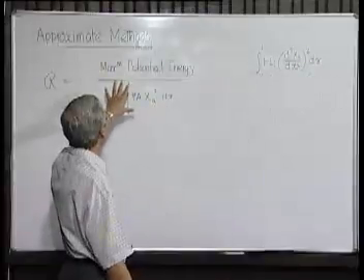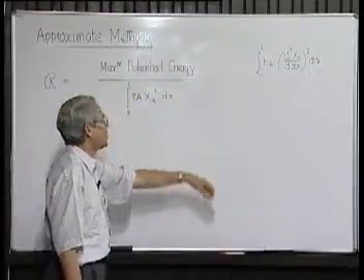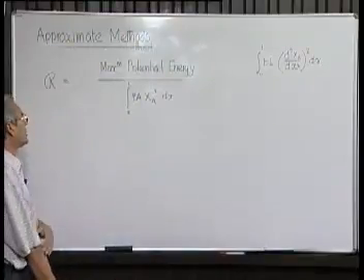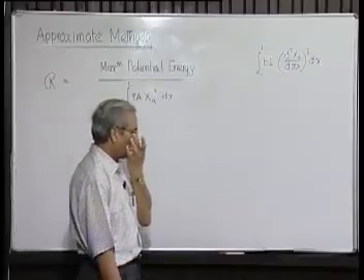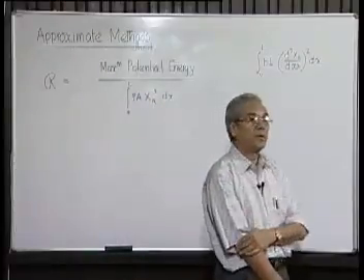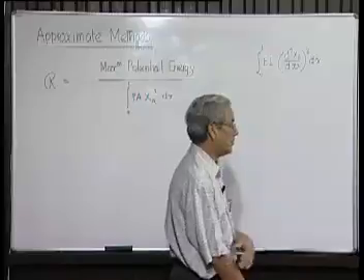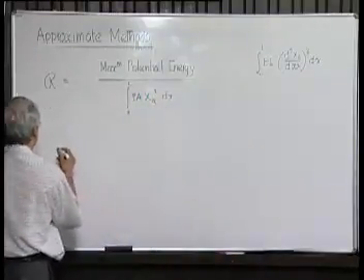So in general, we can keep it as the maximum potential energy during a normal mode oscillation divided by this quantity. Now, there is one property of this Rayleigh's quotient which says that